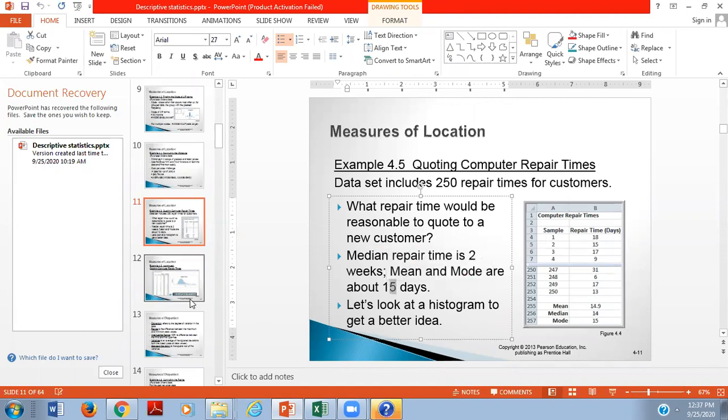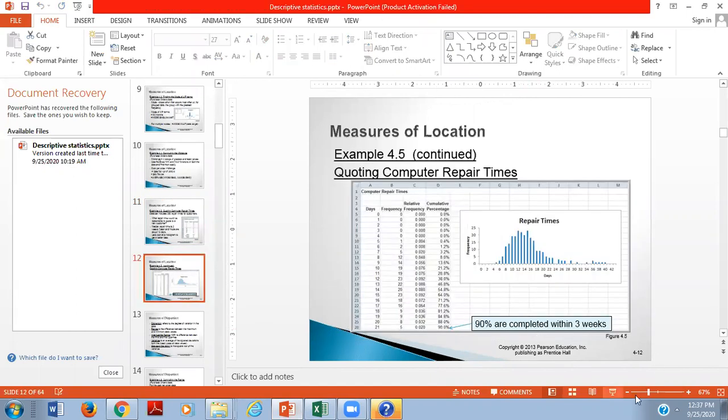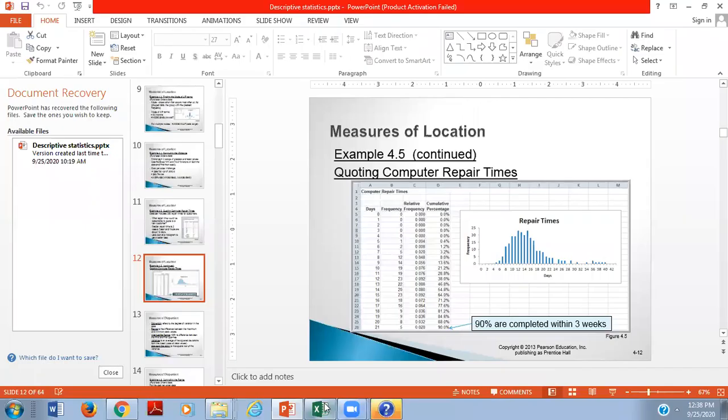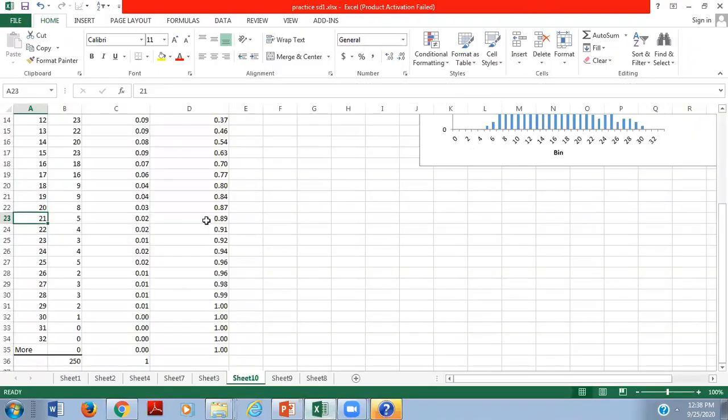But once we calculate through the histogram, then see, 90% of the computers are going to be repaired in 21 days. So it will take 3 weeks. So a more accurate picture, more accurate information, will be in front of us, right? Same thing that we did in the Excel sheet. Approx 89.89 means approx 90, as per our data, to its cumulative frequency, right? That we already did earlier. That is called a Pareto analysis.